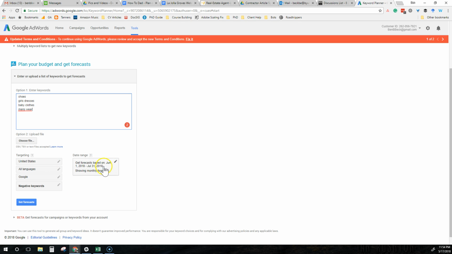And then the date range. It will automatically set this to the next 7 days, and it will show it as a daily forecast. If you do that and you click Get Forecasts, it may not show you anything for the average position because the search volume may be too low. So what I recommend you do is do a custom time period and then select the next 2 full months. So selecting June through the end of July, and then change display forecasts from day to month, and then click